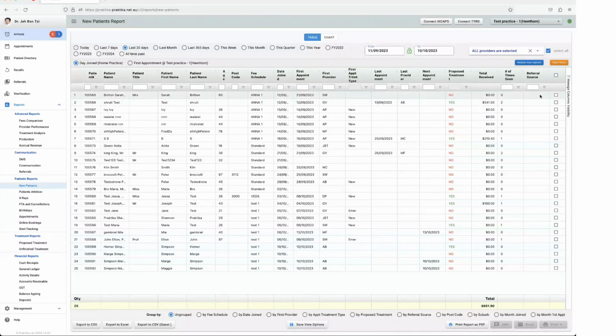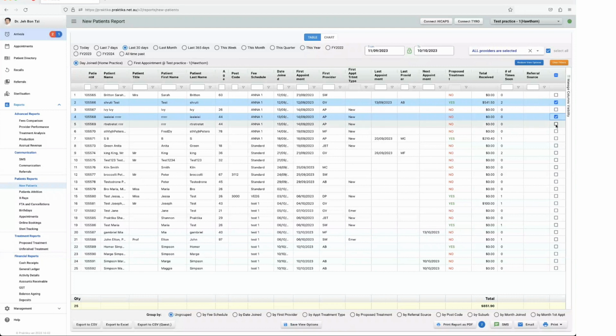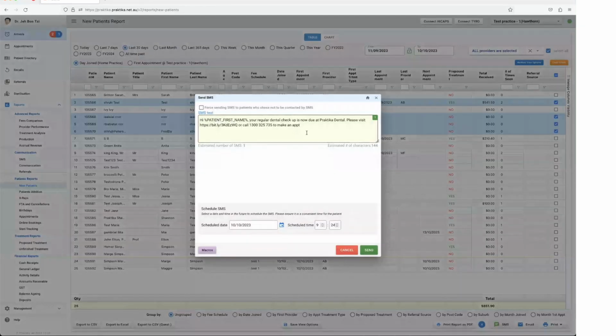So in any of these reports, if you would like to contact any of these patients, you might choose to contact people who have had treatment proposed to them. You can select from the boxes here, and you can press either SMS or email, and you can choose how to contact them from there. An SMS, you can just backspace what's in here,